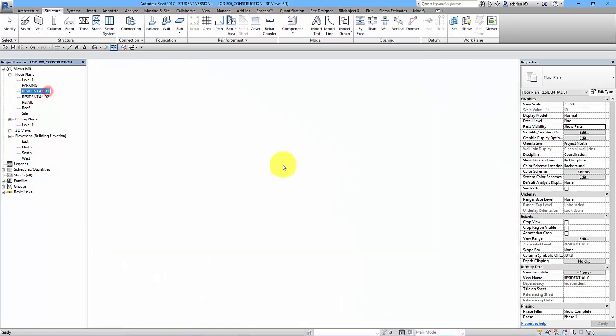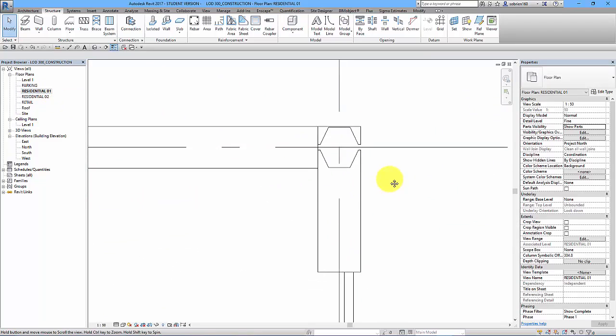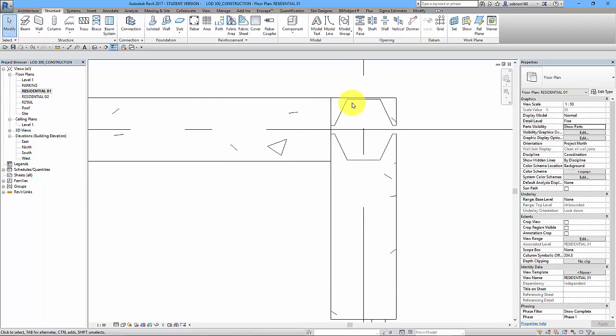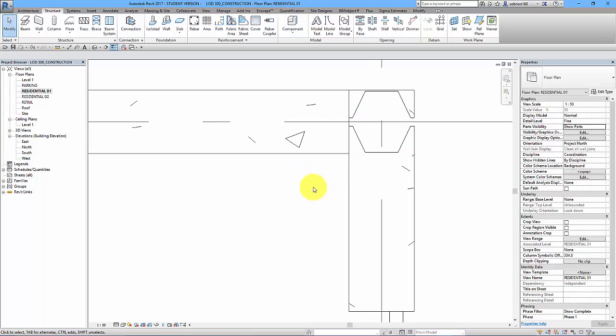So I'm just going to go back into that view here. And we can see that actually this will work quite well for us if we just move the entire junction from grid line A all the way down to this point here. So we can see that in actual fact the 16mm gap that we've put in here should exist at this point here. So I'm just going to use a detail line